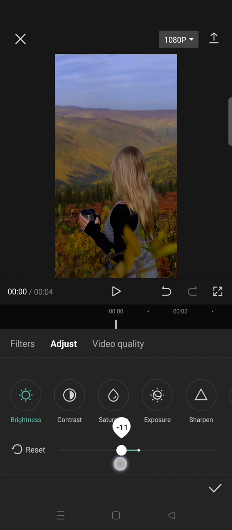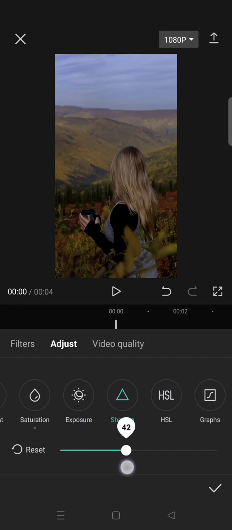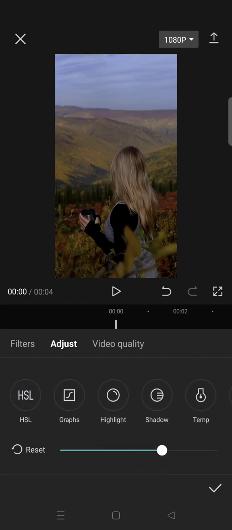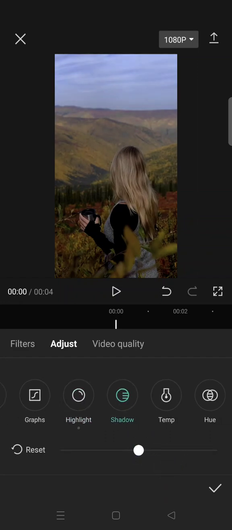So set the brightness to -15 and contrast to 10, saturation -15. Then set the exposure to 0, sharpen 65, and then add some highlight 20, shadow -5,